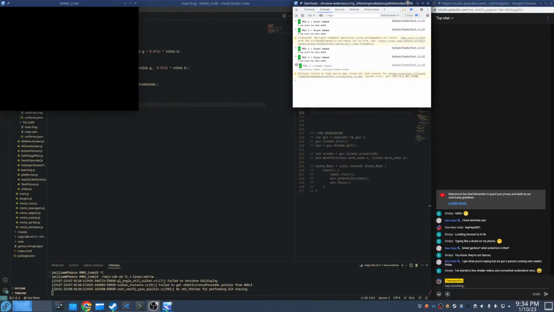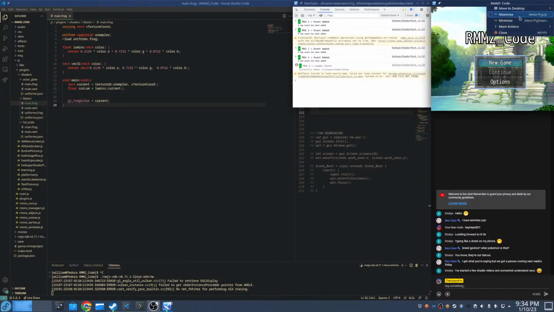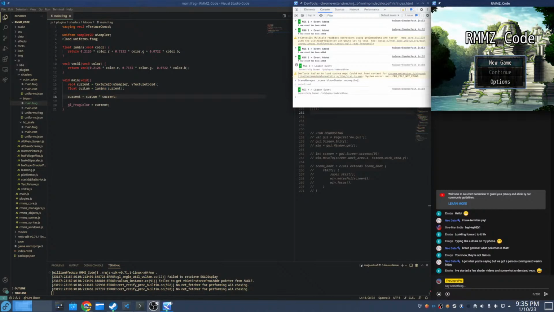I think I can make this happen like that. Aha, that's pretty good. Alright, so if I do this right here, let's say current equals curloom times current. Now if I do that and recompile the thing, you can see already we get